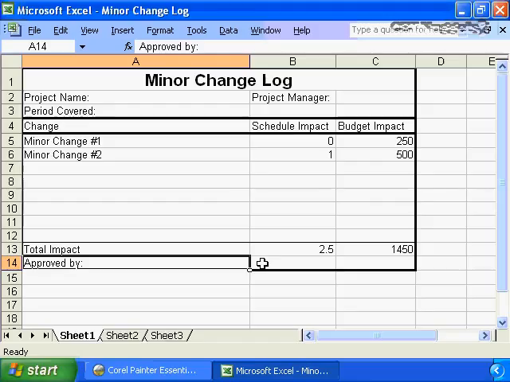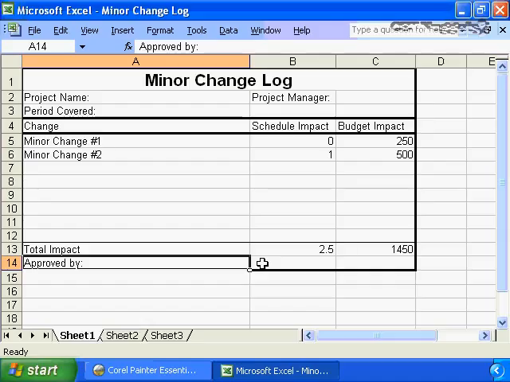successful project delivery. If you implement a minor change log, you need to have the minor change log process agreed to in advance with the project sponsor. The project sponsor needs to agree that any change that has a schedule impact of less than a predetermined number of days, maybe 5 days. So any change with a schedule impact of less than 5 days, and any change with a financial impact of less than, again, a predefined number, maybe it's $1,000, will be documented on the minor change log, and the minor change log will be consolidated and presented for review as a minimum on a monthly basis, or